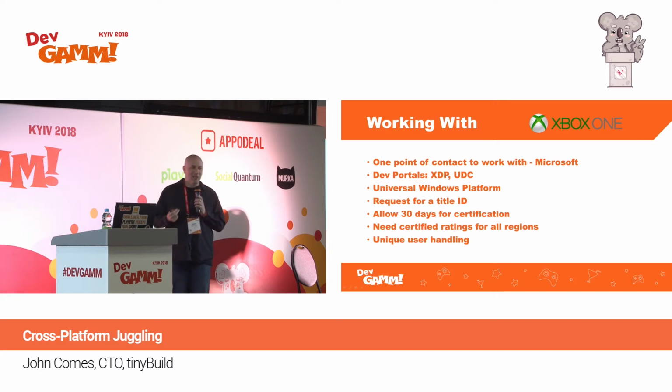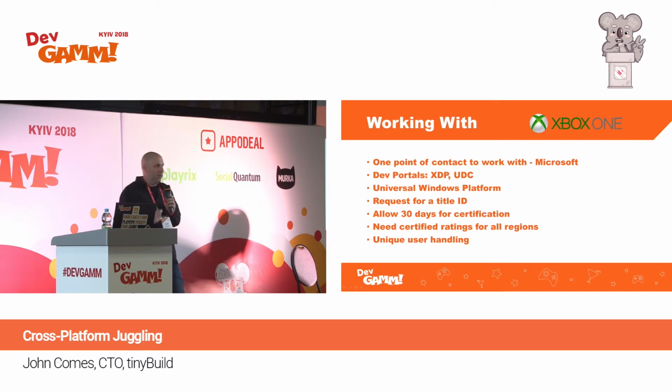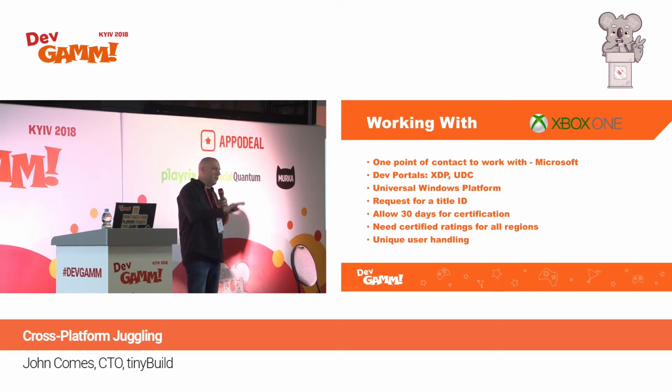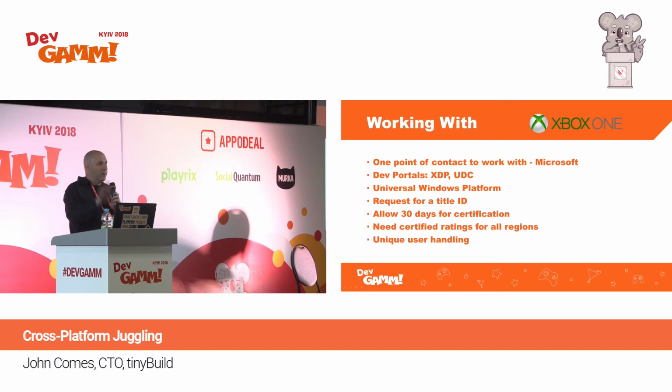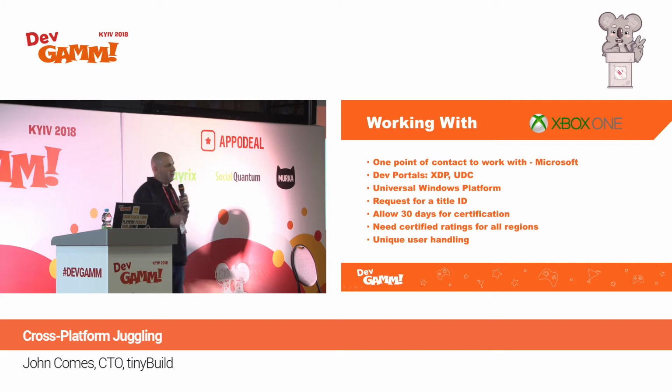The reason why I say ish is they are currently in the middle of switching over from XDP, which was their Xbox One. So you did all your store copy, all your localization, all your pictures, all your videos and stuff through XDP. They are currently pushing hard to switch everybody to using Universal Windows Platform, which is their idea of you build it once and it runs on Windows, and it runs on Xbox, and it runs on all their platforms. They're in the middle of switching over.